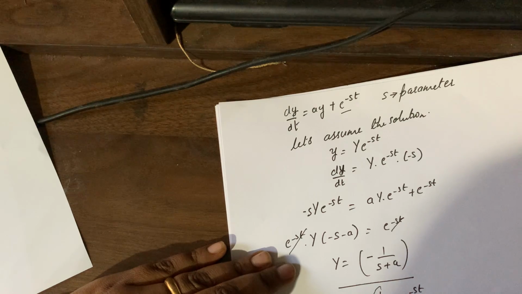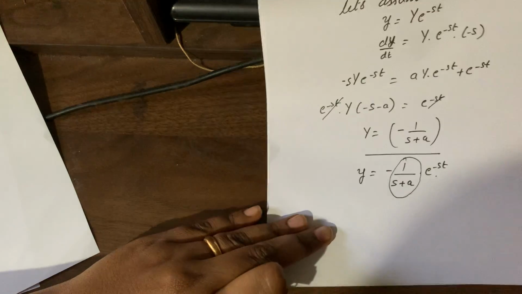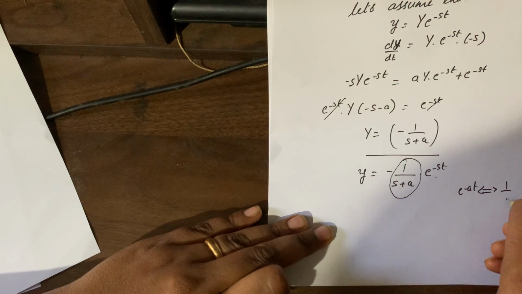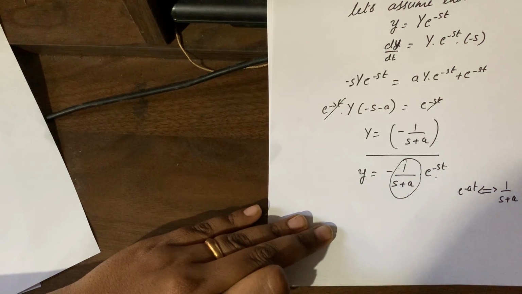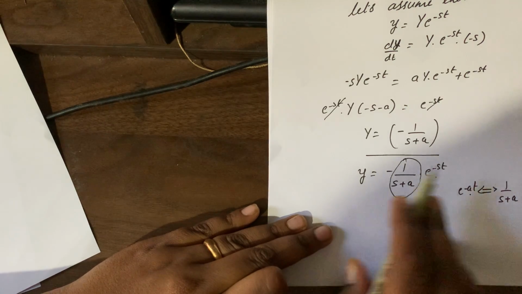And it's very crucial that you notice this part, because it is what appears in your Laplace transform as 1 by s plus a, right? That is, when you have the Laplace transform of e to the power of minus at, the Laplace transform of this is 1 by s plus a. Correct? So if a is going in the positive direction, we know that this is basically going to decay. Correct?